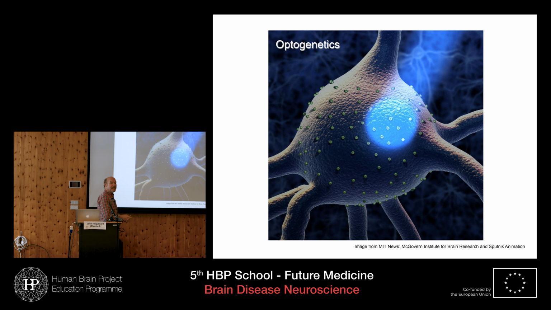So how many people here have not heard of optogenetics? Everybody has. Okay, a couple. So optogenetics is the idea of using gene therapy, so using a viral approach to bring some DNA into neurons and cause them to express proteins that they don't normally express. It's a very powerful approach. It might be useful in treatment of human diseases. There are actual clinical trials that are starting to use gene therapy.